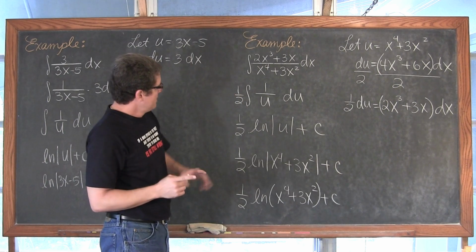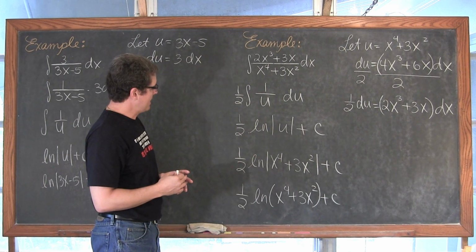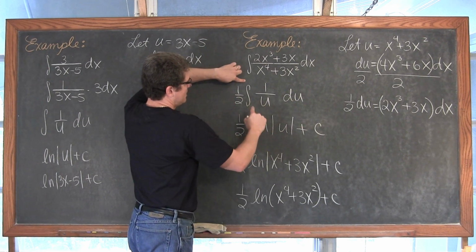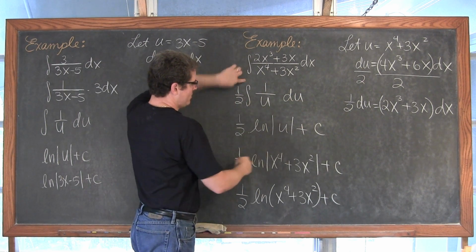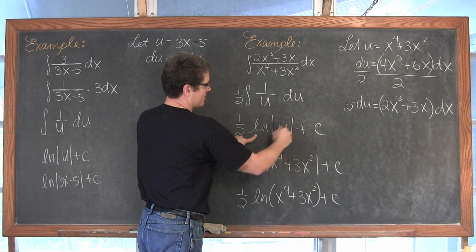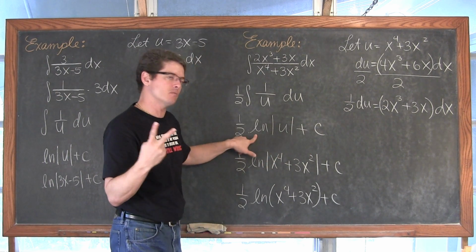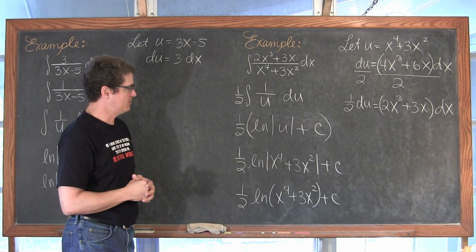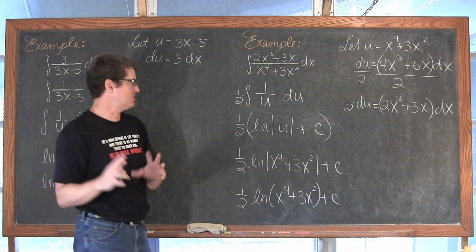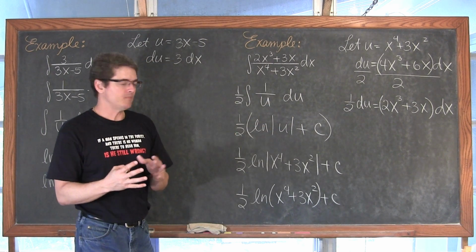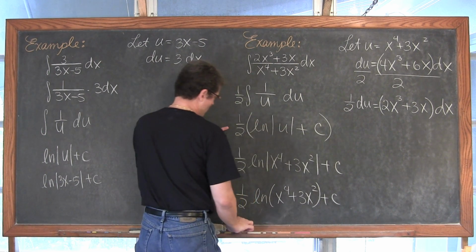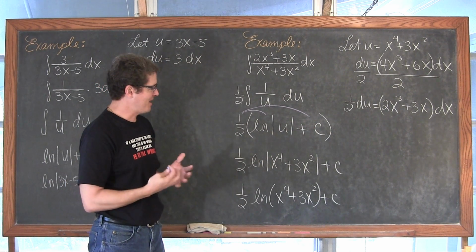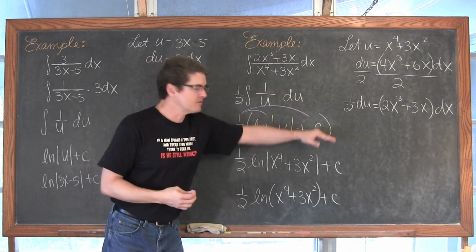Now, I want to back up here just for a second. This is 1/2 this integrand. When I do the indefinite integral of 1 over u du, it's natural log of the absolute value of u, plus c. There's actually two terms, so why am I not, and really, maybe I should, because it's always good practice to include parentheses every time you do a substitution, to make sure that that 1/2 or whatever coefficients we have, as in most algebra work, gets distributed to those parentheses.